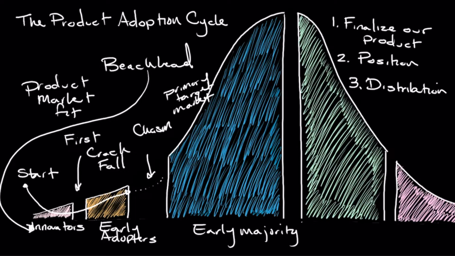It makes it a lot easier to address these three questions. We know the feature set that needs to be included in our products. We know the way that we need to market it, and we know the way that we need to get it to consumers, whether that's through third-party retail or through a direct e-commerce channel. We've finalized all those sorts of things. So addressing that is what helps us to cross this divide, this chasm right here, and ultimately get us into